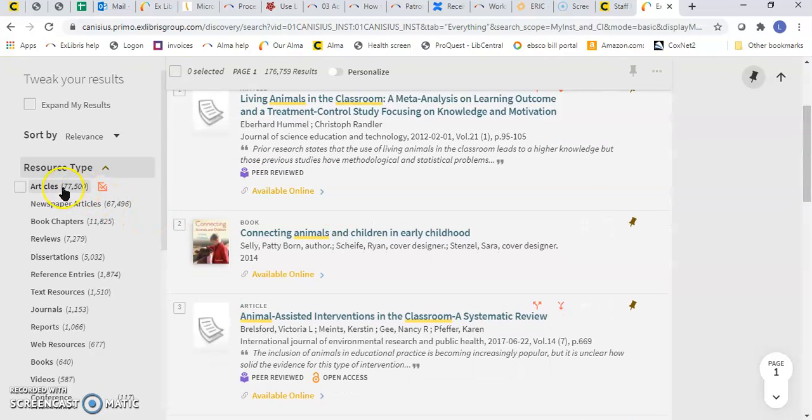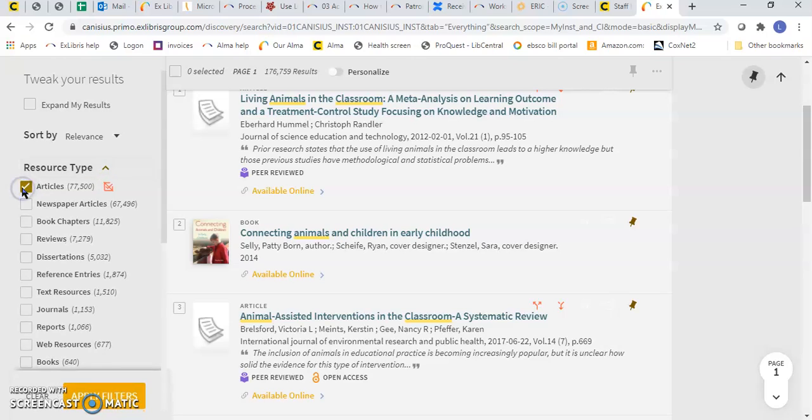You see that there's articles, newspaper articles, and you can either add, which is this side, or remove. If you only wanted to add one thing, clicking on the actual articles will do that. But if you wanted to remove a few things and just keep some of these, you can do it that way. So if you knew you only wanted articles and reports, you would click on the adds and then the